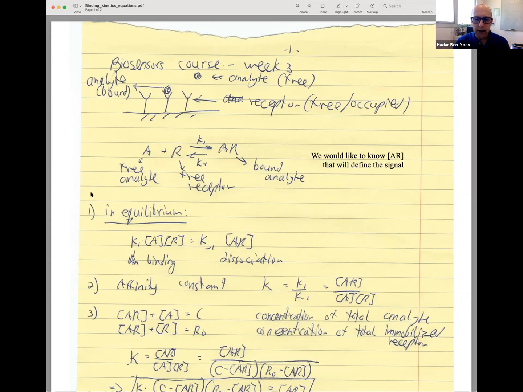So the reaction equation is that we have a free analyte plus free receptor. K1 is association into the bound analyte, and there's K minus 1, which is K dissociation back to free analyte and free receptor. So in equilibrium, and if you remember, we said